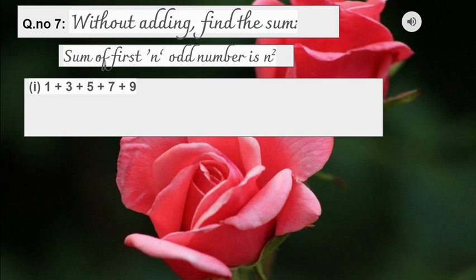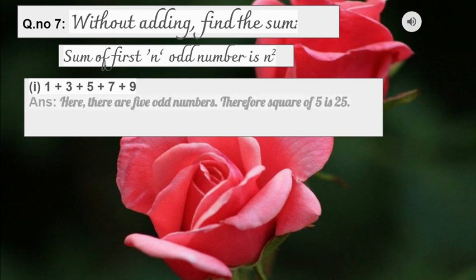So you can observe here that these all are a pattern of consecutive odd numbers starting from 1. So how many odd numbers do we have? Here, count the numbers: 1, 2, 3, 4, 5. How many numbers are there? 5 numbers are there. So therefore n odd numbers are there, then the result will be n square. So if 5 numbers are there, then the result will be 5 square. So 5 square is 25. So without adding you can say that the answer is 25.